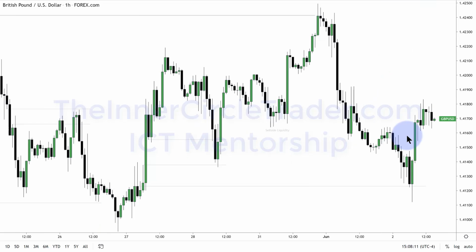British pound versus US dollar hourly chart. Again, you can see we traded back down to the order block here, clearing sell-side liquidity there. On Tuesday, the pound was decidedly weaker compared to euro dollar, which is also the reason why I went long